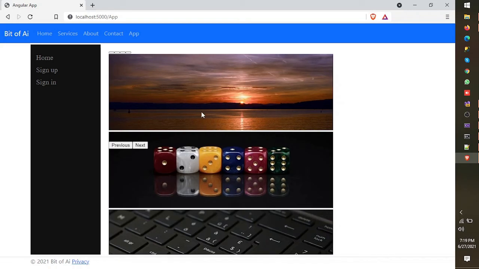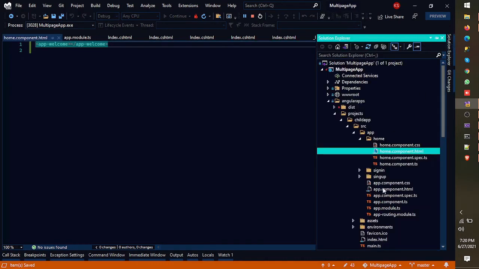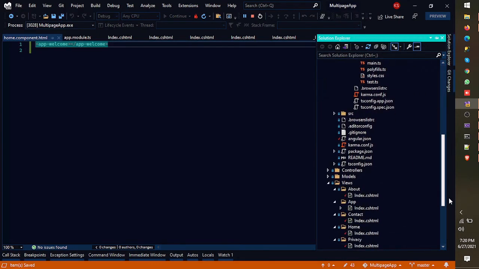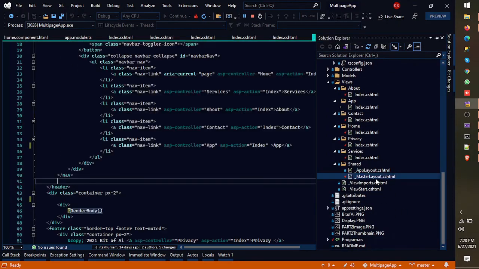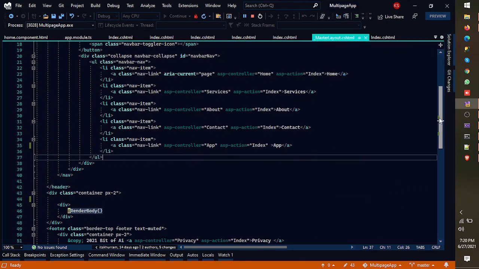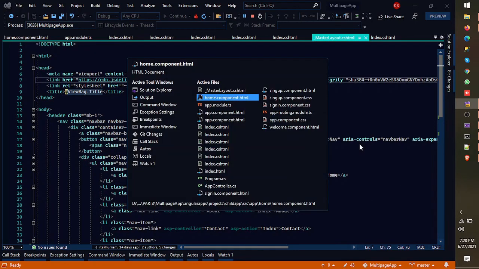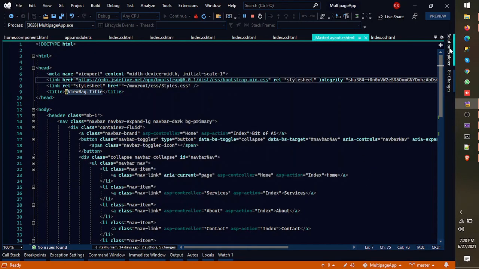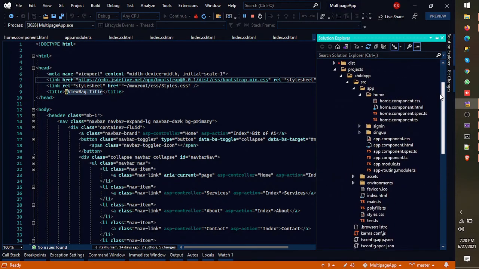sliding is not working because we haven't added Bootstrap in our child application. So let's add that. To do that, let's go into our master layout where we added that Bootstrap links. Copy this link. Let's go into the index.html of our child application.